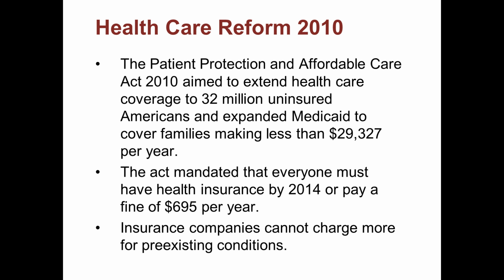So before the bill was passed, we had about 32 million Americans uninsured. Since then, as I said at the outset, it's gone down. This act also expanded Medicaid coverage, so like I said, you could now be on Medicaid even if you're above the poverty line up to a certain level. The act also mandates that everyone hold health insurance by 2014,